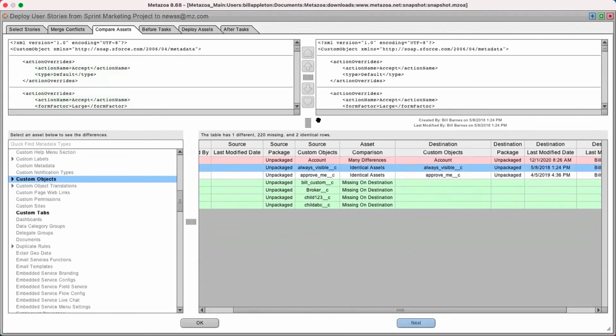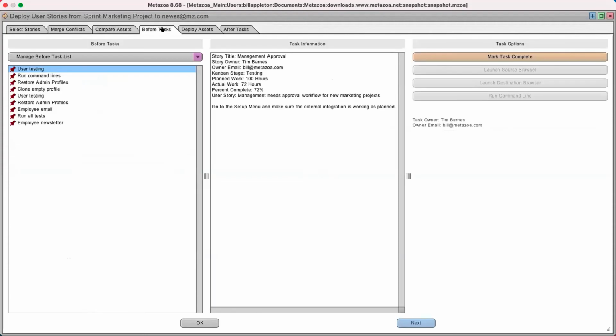And after you've done that, you just think about it. You selected your stories. You merged any conflicts. You compared it against the destination org. Now you're ready to do the deployment. And so the first thing you're going to do is the before tasks. So as you remember, those are not metadata assets. Those are